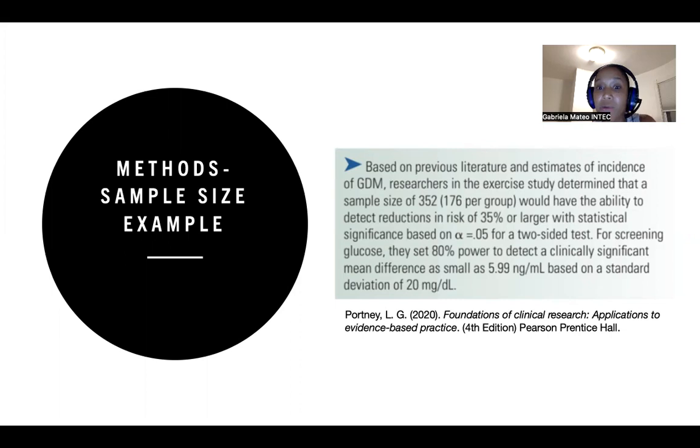And also the power for screening glucose, they set up 80% power to detect a clinically significant mean difference as small as 5.99, which is your effect size, based on a standard deviation of 20 milligrams per deciliter. So they wanted to detect reductions in risk of 35% or larger. And then the effect size that they found in other studies and wanted to acquire was a 5.99 nanometers per milliliter. And then they even included the deviation. In this simple, small paragraph, they included all the parts that they needed to include about sample size calculation. And this is how you should be reporting sample size